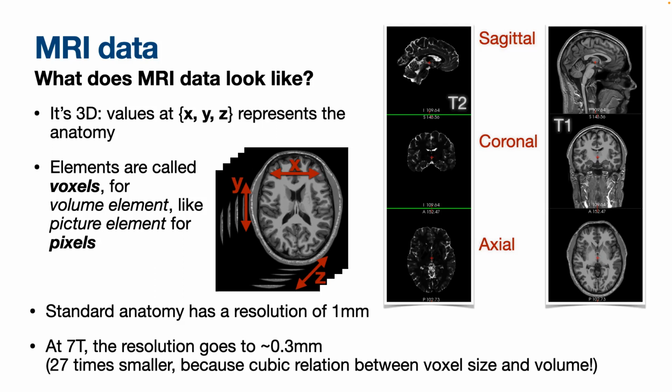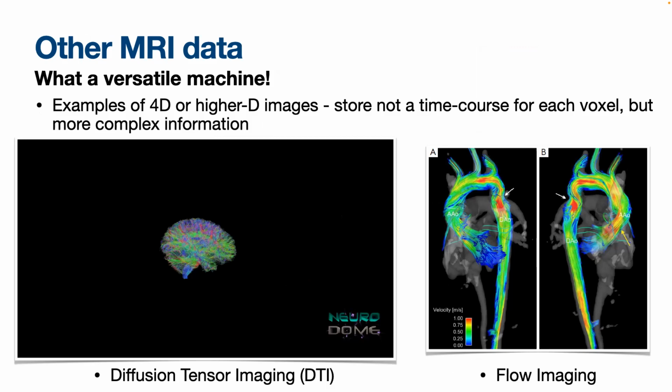Just as an example, I just showed you this T1 and T2. Nikos will tell you about the difference between those two. But the scanner is really versatile. It's pretty cool that you can just put someone in the scanner and measure the chemical composition of certain patches in their brain. You can do this anatomical scan. You can also, and I'm showing you an example here,